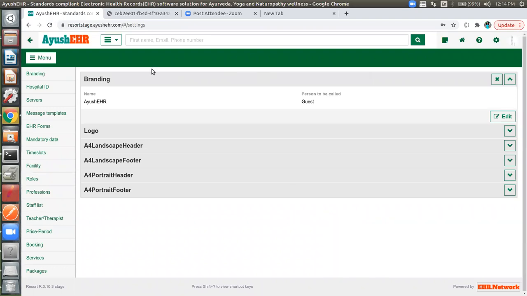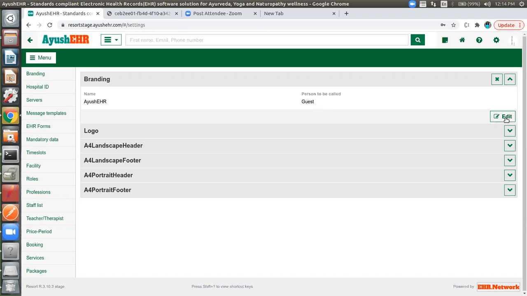Okay. So this settings part is where we can configure things however the organization wants. So this is the branding. Branding covers the name of the organization and what the person is to be called, whether incoming guests should be called guest or patient or whatever.